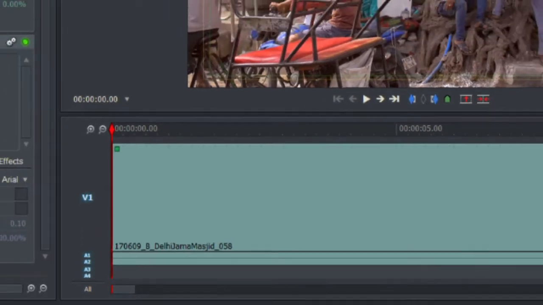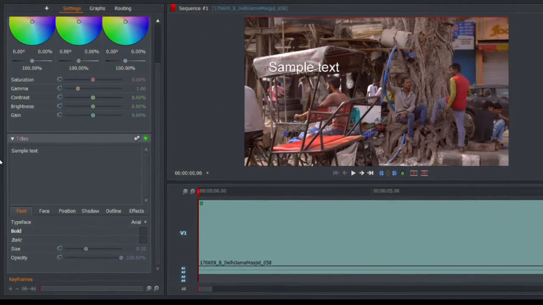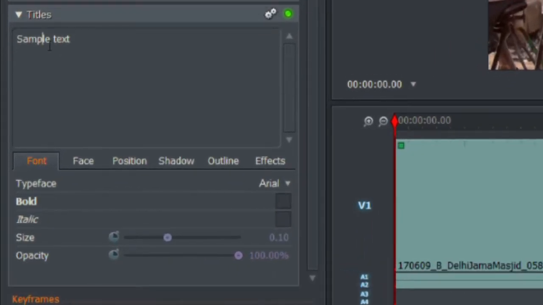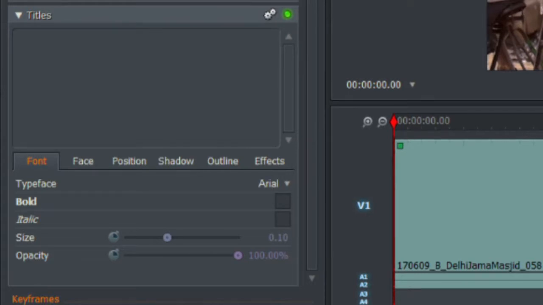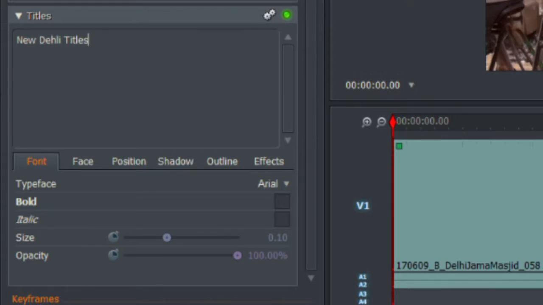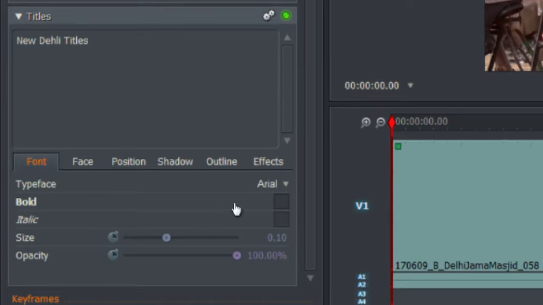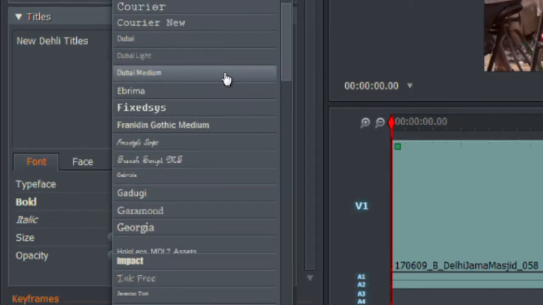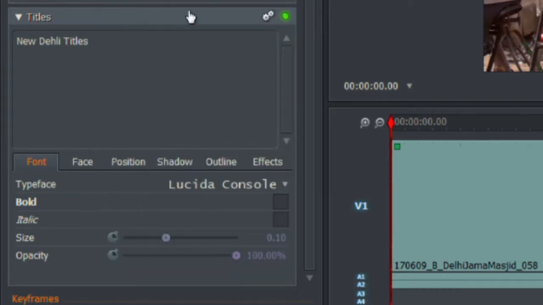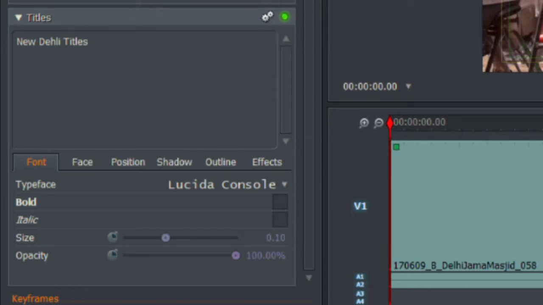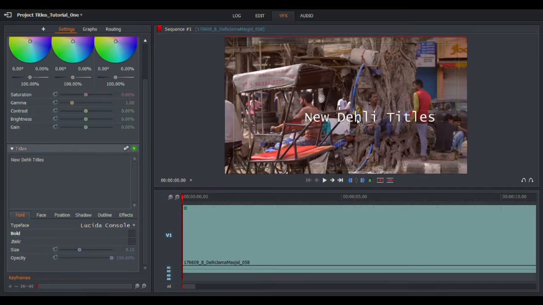Okay, so we've got some sample text here. As you can see, we've got the controls over to the left. We can call it whatever we want. Let's just call that New Delhi titles. We can change the font, of course, we've got a good choice of fonts there. And of course, we can either change the position just simply by clicking over and dragging, or we can come